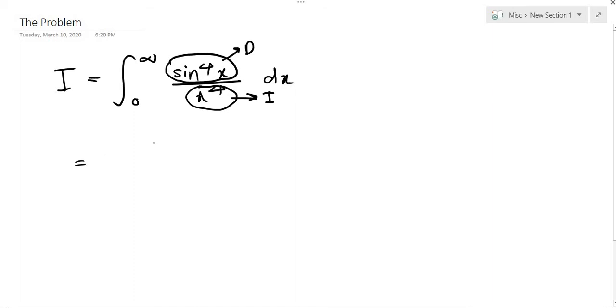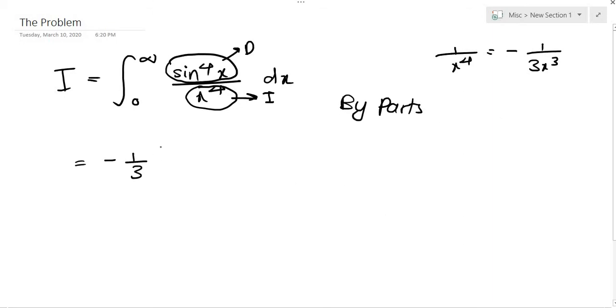So, well, the antiderivative of 1 over x to the fourth is nothing but negative 1 over 3x cubed. So to compensate for this negative, I would like to take a negative outside first when we use integration by parts. So we have negative 1 over 3, I also took the 3 outside, times sine to the fourth of x as it is, divided by x to the third power, evaluated from 0 to infinity, minus